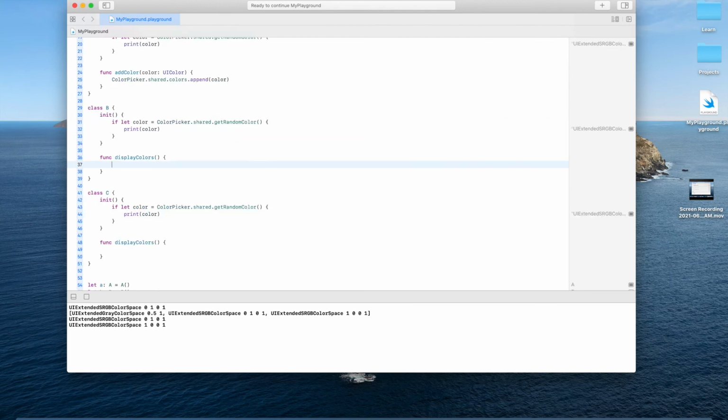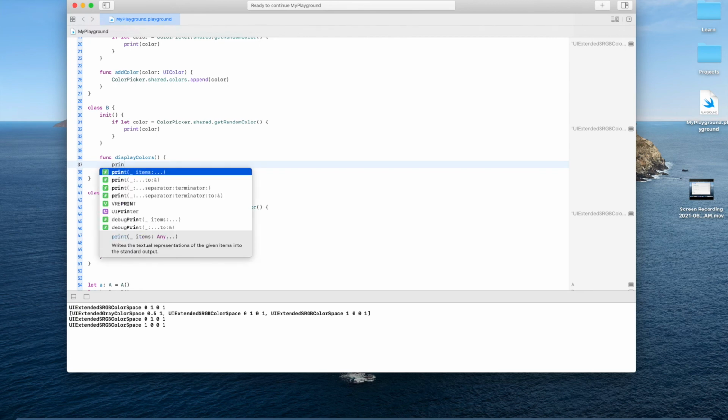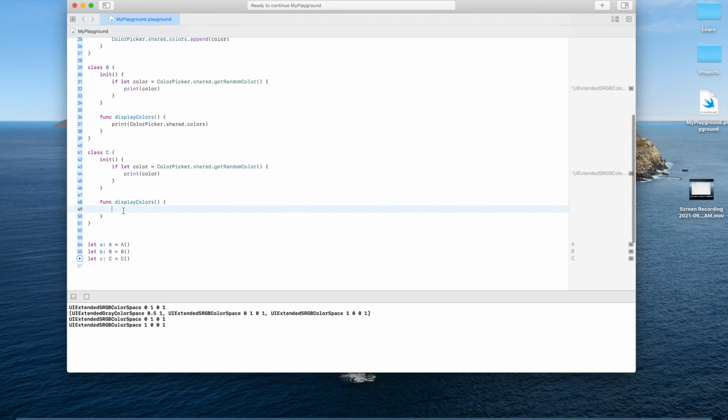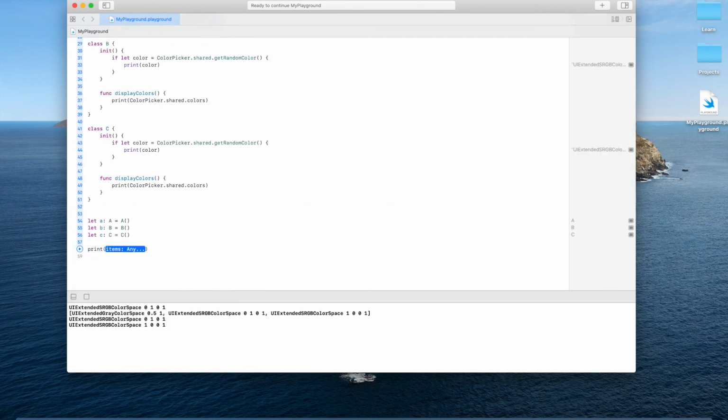Let us access the colors property available on the singleton class through the shared instance and display the colors in class B and class C. I am writing a print statement to avoid some confusion.